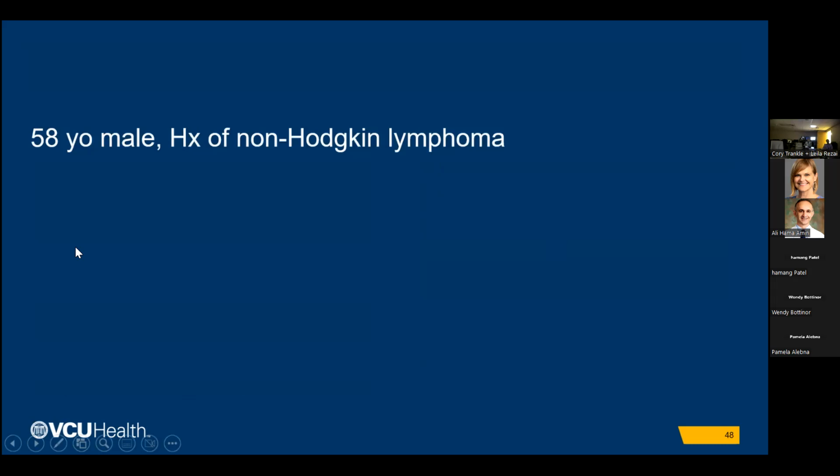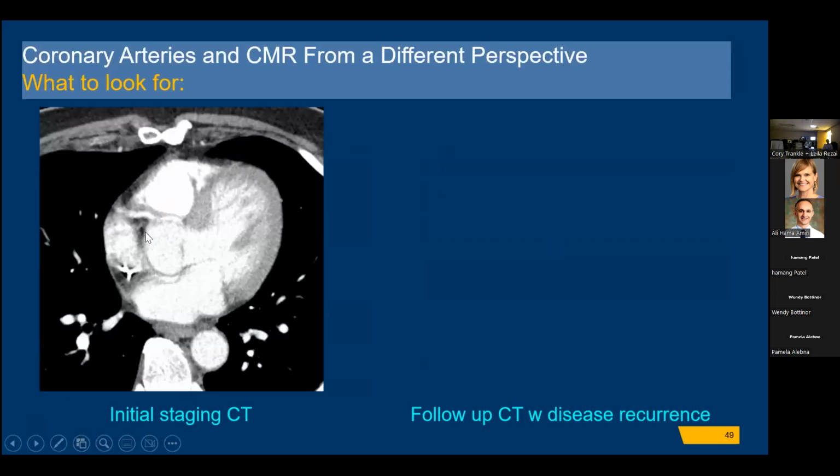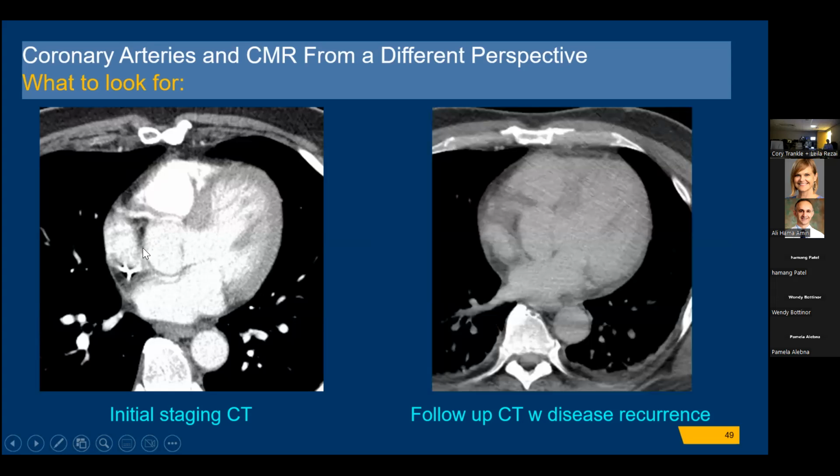There is another patient, a 58-year-old male with a history of non-Hodgkin lymphoma. I don't have an MR for this patient. There are CTs, just to show the importance of paying attention on a non-gated, regular routine CT, which is done for follow-up of lymphoma or other tumors and malignancies that can potentially metastasize to the heart. So this was the initial staging. This is a non-gated study, which shows pulsation artifact. And if we pay attention on the follow-up CT,